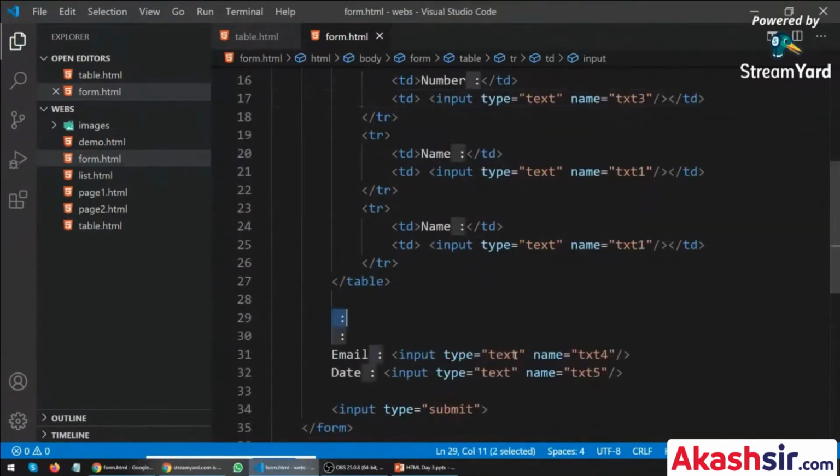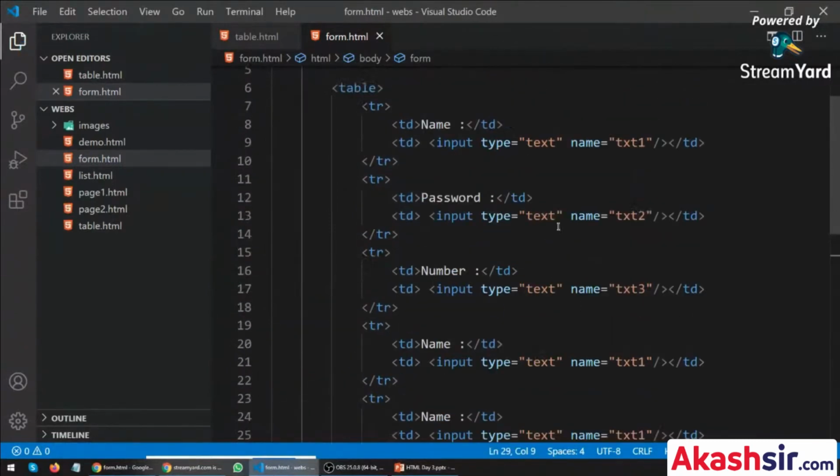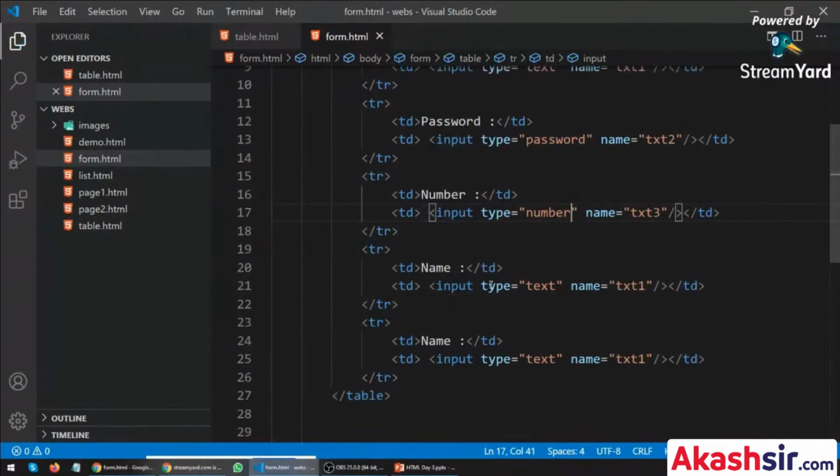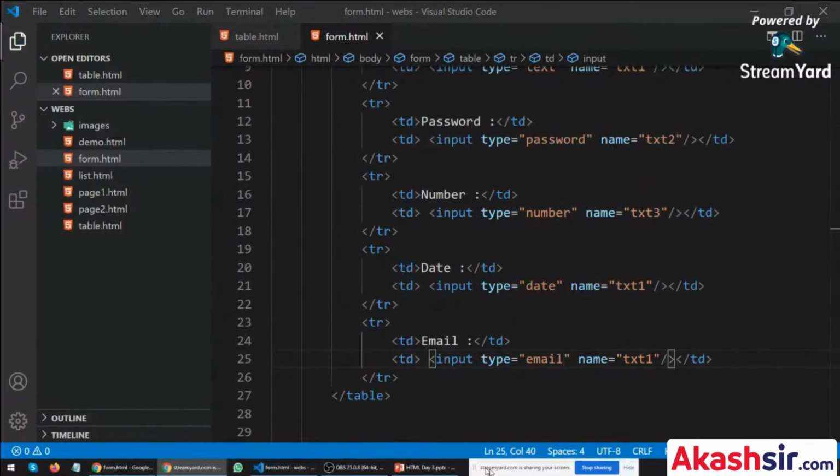Okay, actually, we haven't written any code, so don't worry. So what we can do, we can specify input type password. We can specify input type number, input type, let's say date, input type email. So here you can specify input type email. So it's done. So if I refresh this website,